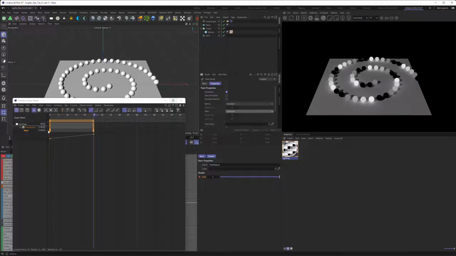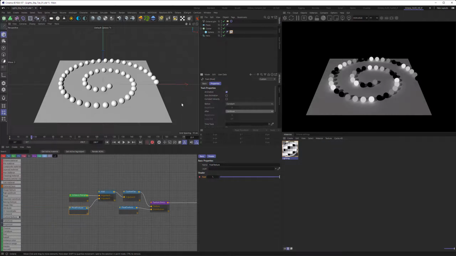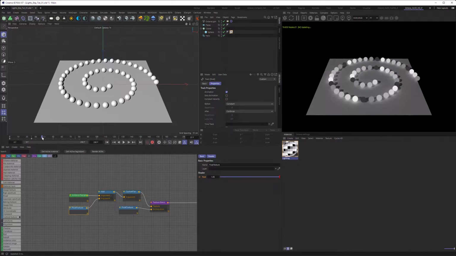So I just need to bring in 2 keyframes here. If I go to the float value and move my slider beyond 25, you can see it's steadily increasing, and this is exactly what we want. Of course, you can do this with Xpresso also, but it's more complicated, and this is not a tutorial about Xpresso, but about math nodes in Octane.